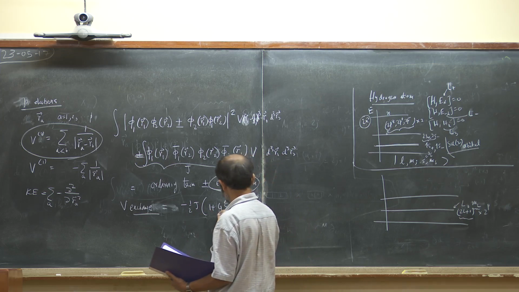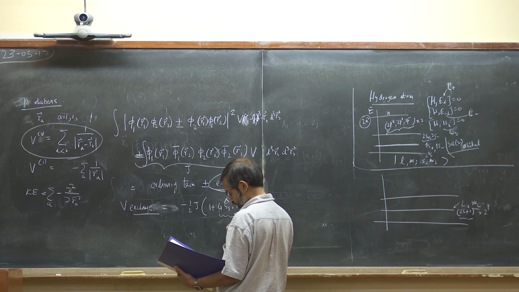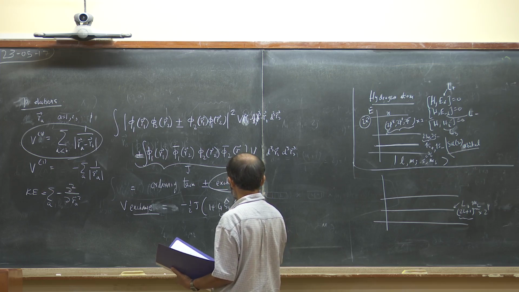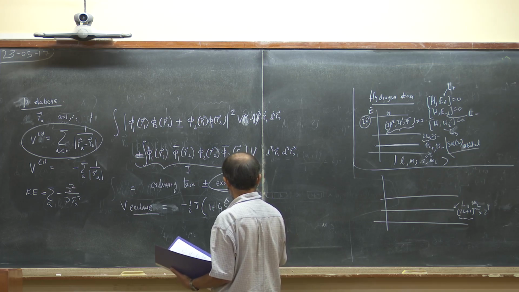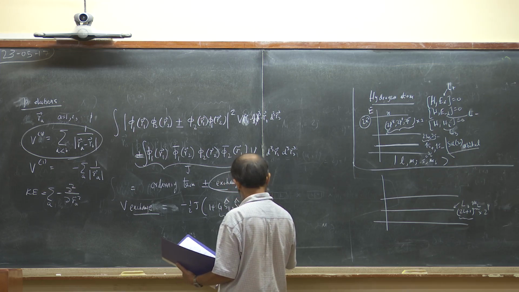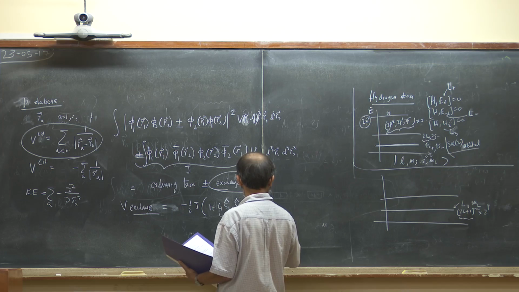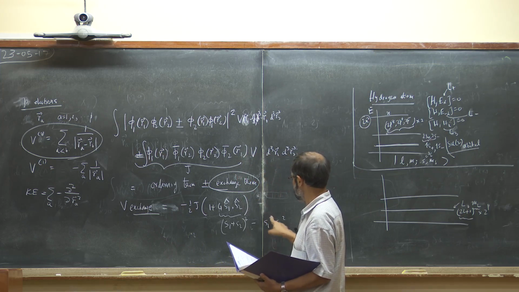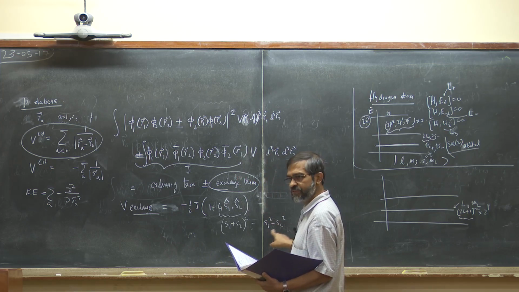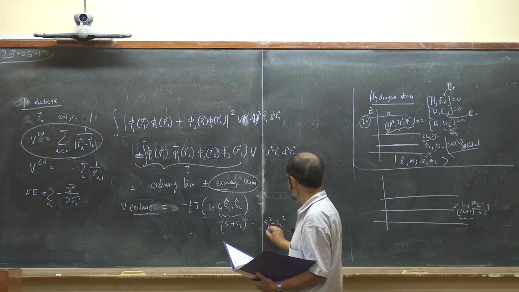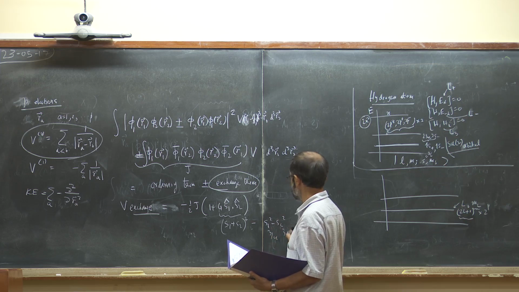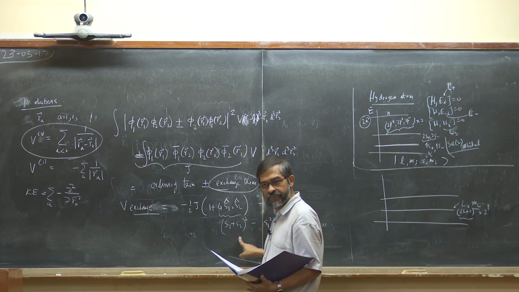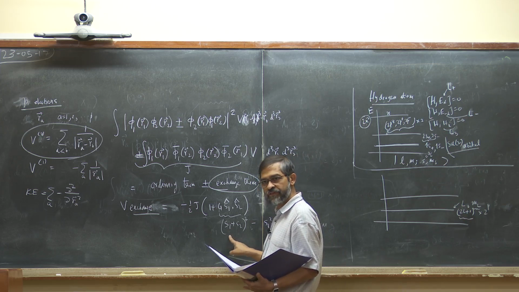So this 4 S1 S2 can be thought of as some kind of (S1 plus S2) whole square, minus S1 square minus S2 square. These are all the elementary spin half particles, so this is just given by the Casimirs of spin half. That's already known, so that's some 3/4 here, 3/4 here. And if the total spin is 0, then you get 0 here. If the total spin is